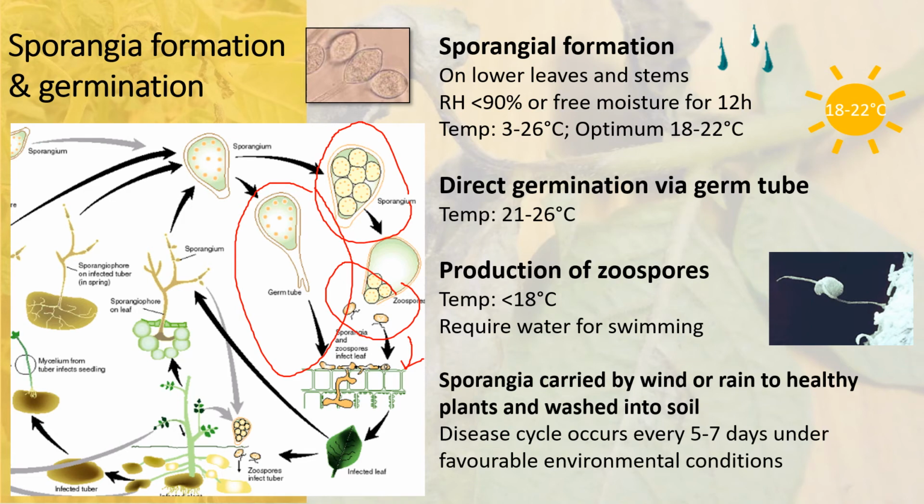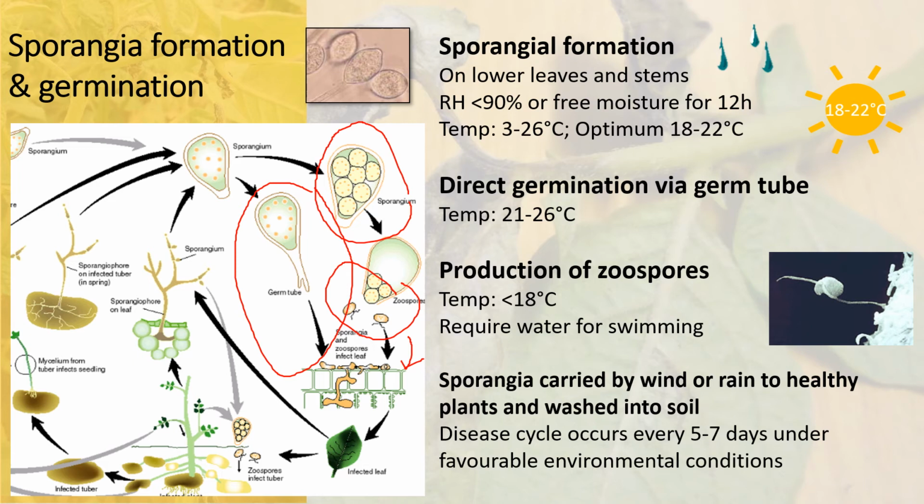The sporangia are carried or dispersed by wind or wind-splashed rain to healthy plants. They can also be washed into the soil to infect the tubers in the soil. We see this down the bottom of the disease cycle. Now this disease cycle, in other words, from